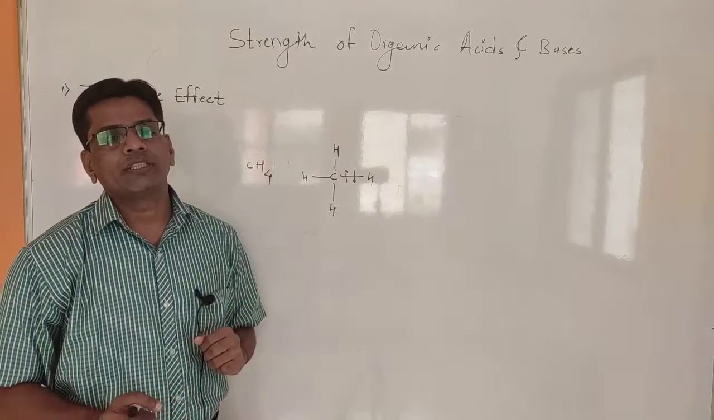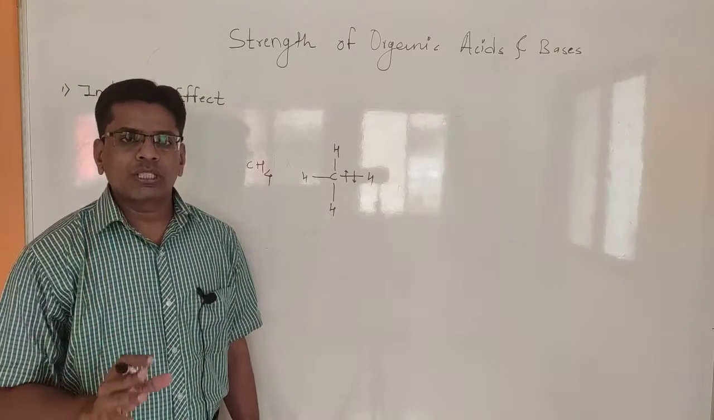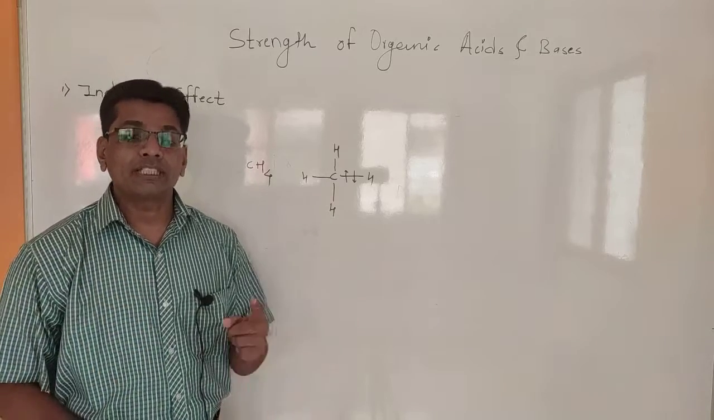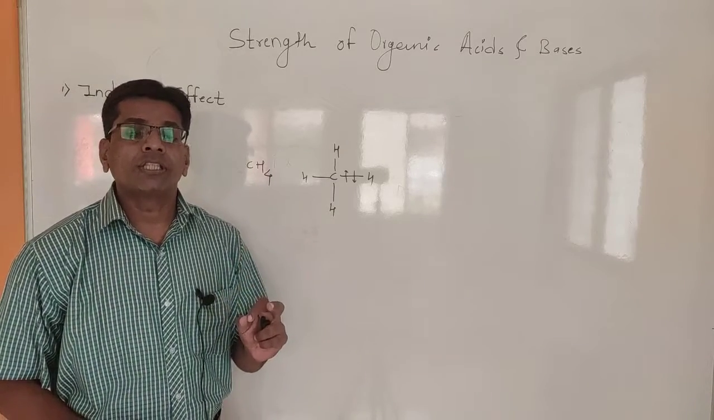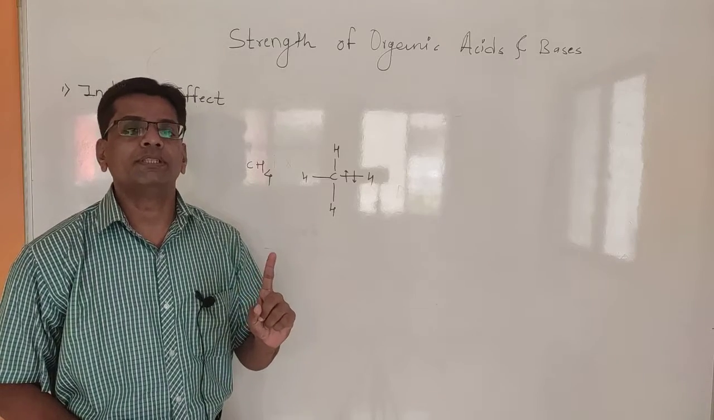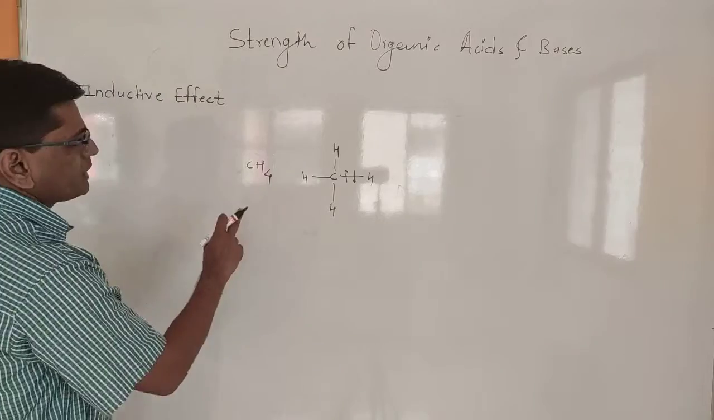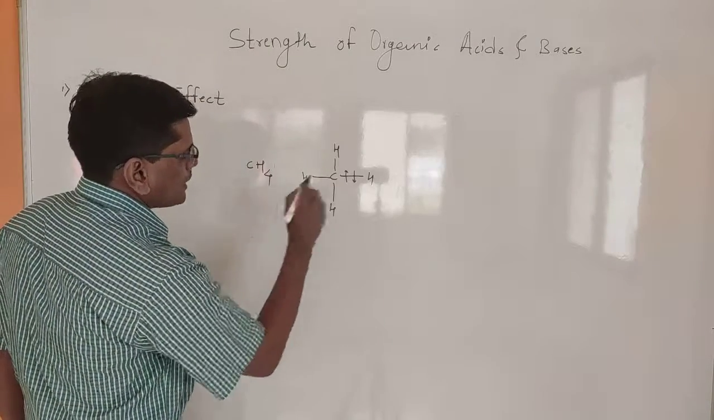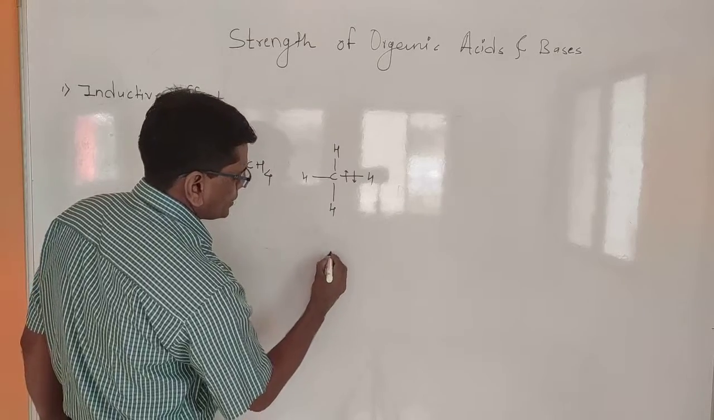According to inductive effect, for polarization, we always need an electronegative atom. So that is the first requirement. At least one electronegative atom must be present in the molecule. So then, if in this molecule we replace one hydrogen by OH,